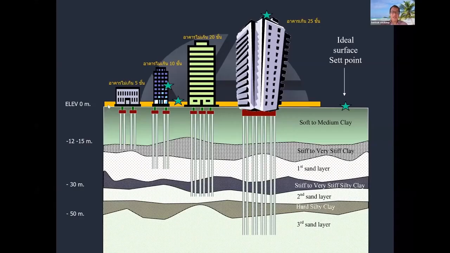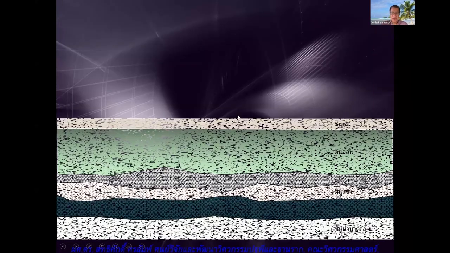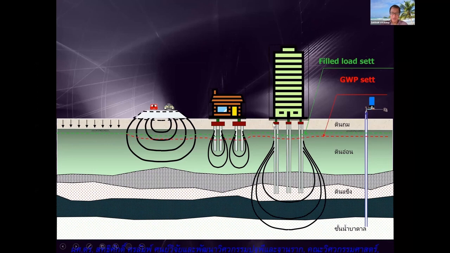Before we start any project in the lowland area, we need to fill in soil in order to elevate it up. Then we start to do the piling and build the house. We need to use pile foundations for houses, and up to high-rise buildings, we need to have piles like this. This is the fill soil, and then we pile for the house and for the building. There is some settlement because of the fill material itself.